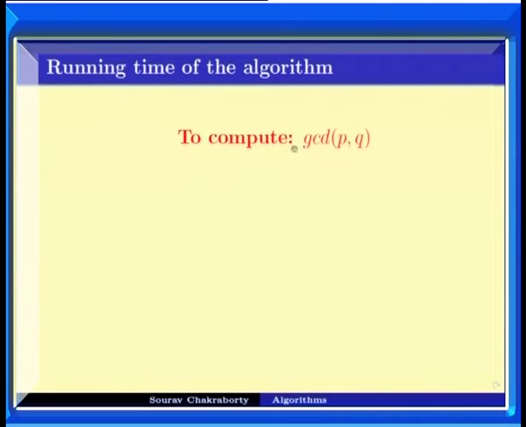In this case, we are making jumps from 12 and 44, we straight away went to GCD of 8 and 12. So, clearly our jumps are bigger than the earlier one, and hence we hope that this algorithm runs faster. Let us say we want to compute the GCD of P and Q. In that case, say Q is equal to P times D0 plus R0. Note that R0 is something that is strictly less than P. In that case, Euclid GCD PQ will call Euclid GCD R0 P,